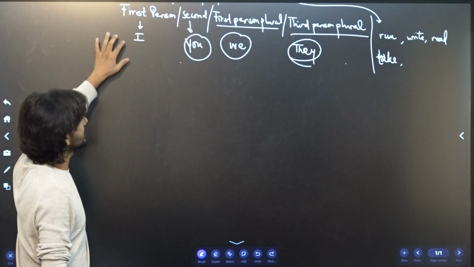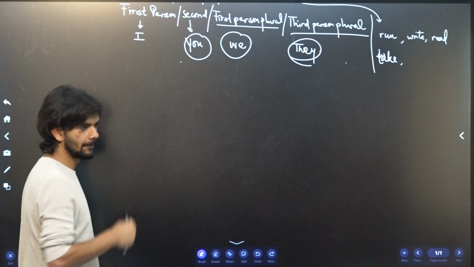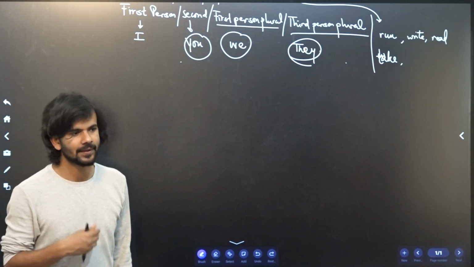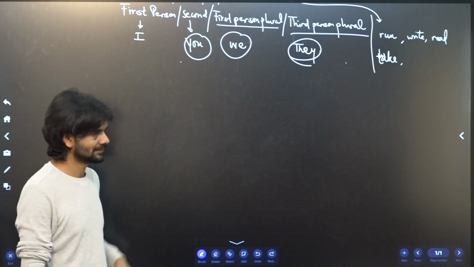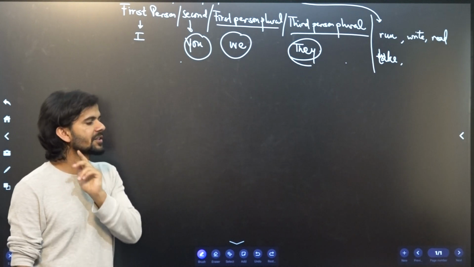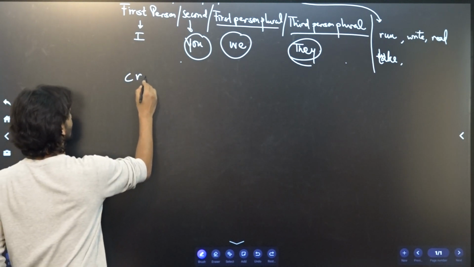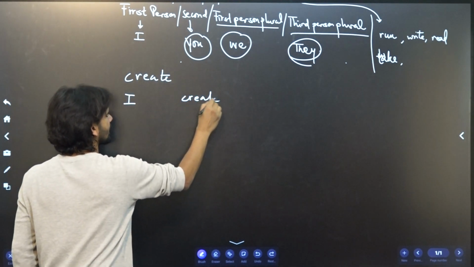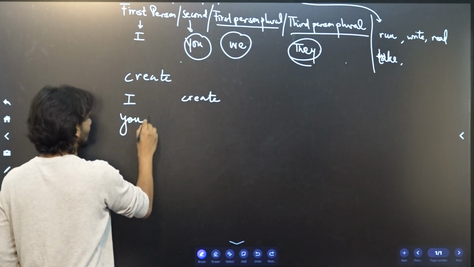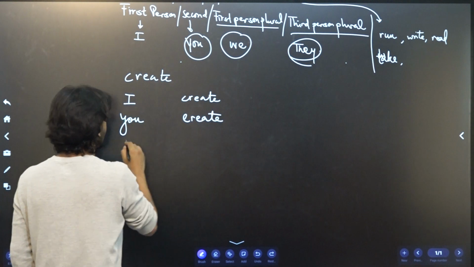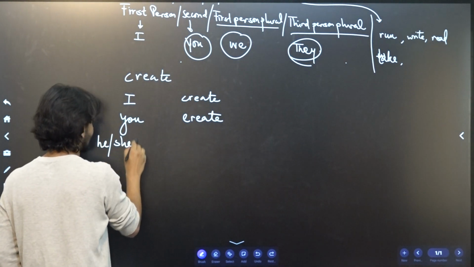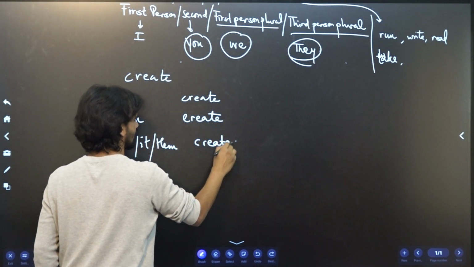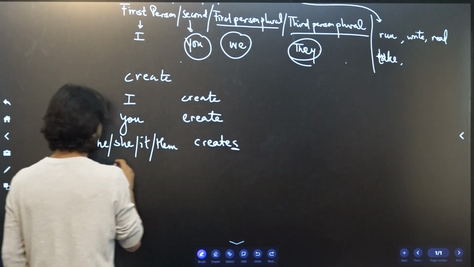So let's take a verb, one example. Which verb is your best verb? Play. Make it a bit more complicated, please. Create. Let's take this. I create. You create. He, she, it creates. Look at the change, right? We